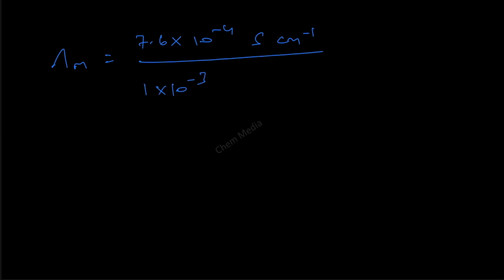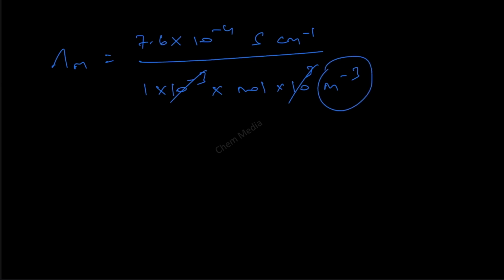Therefore molar conductivity is equal to 7.6 times 10 to the power minus 4 Siemens per centimeter divided by 1 times 10 to the power minus 3 times mole times 10 to the power 3 per meter cube. So therefore 10 to the power minus 3, 10 to the power plus 3 we can cancel, and then we